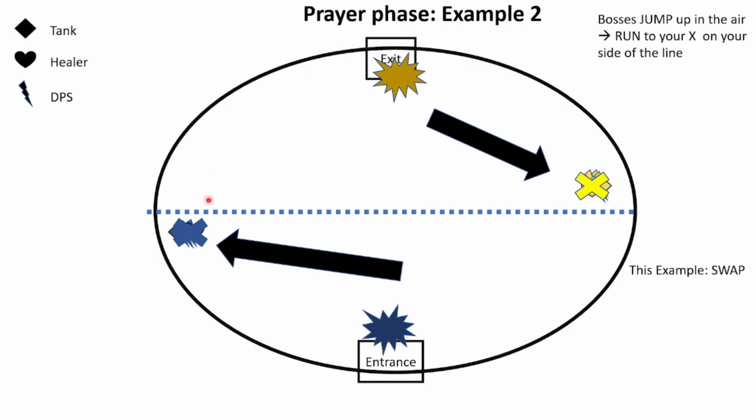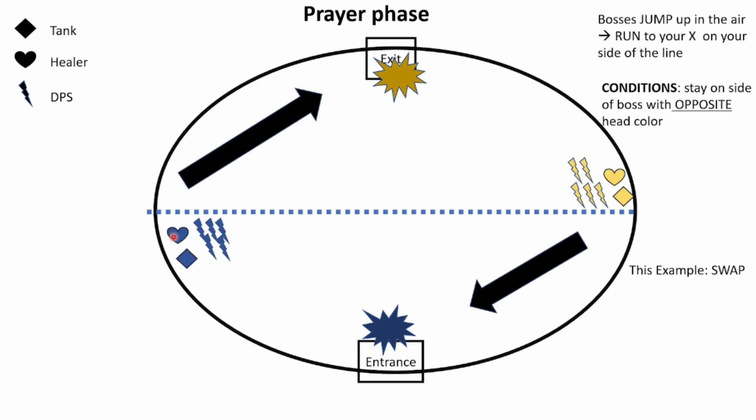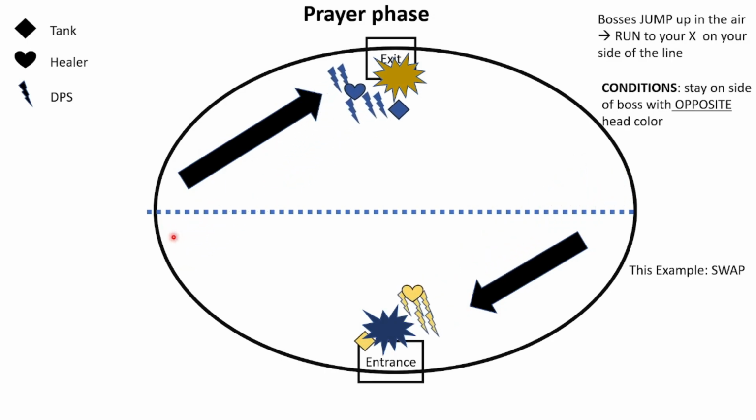Now note, yellow-headed individuals are on the side of the room with the boss with the same aspect. That's not what we want. We want the opposite aspect. Same with this side. Dark-headed teammates are on the side of the boss with the dark head. We do not want that. You will need to do a swap and move to the opposite side because you want to be on the side of the boss with the opposite head color. And they are